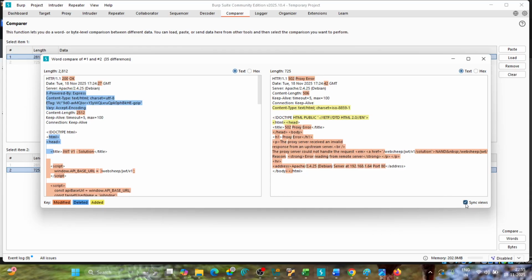Okay, sync view means these two will move together. Whatever is in orange color is modified, in blue color is deleted, and in yellow color is extra added. Okay, so here we got 200 which is the first response, here we got 502 which is the second response. Look at the content length, it is 2812 and here the length is 225. So you have to check this kind of thing when you do privilege escalation, wherein username equals none, username equals admin. When you do that, you will have to do this. And when you scroll this,